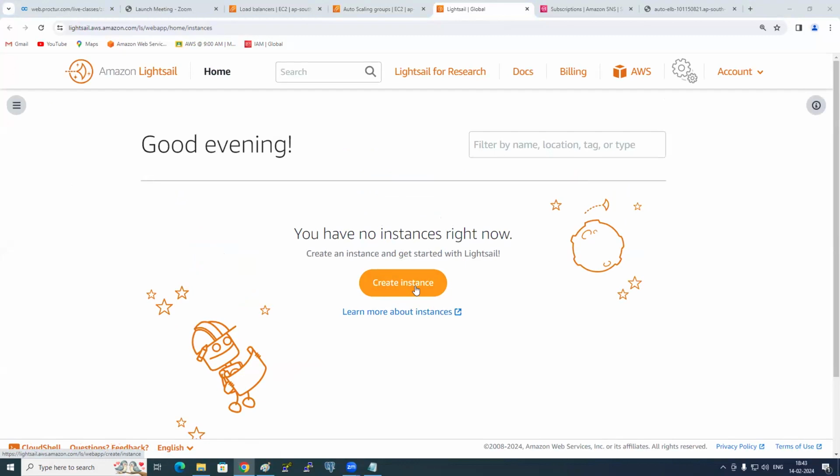As I said, this Lightsail is selfish. Let's say you went to Lightsail to do something in real time. Lightsail is used by those who have a very limited or small number of customers, because it doesn't support huge things. Lightsail will say, okay, create a Lightsail instance. Okay, created. And if you say, hey Lightsail, just hold on, I want to go to S3 and create buckets, he'll say, hey, no, I will give you a bucket. Don't go to S3. I will create a bucket for you.